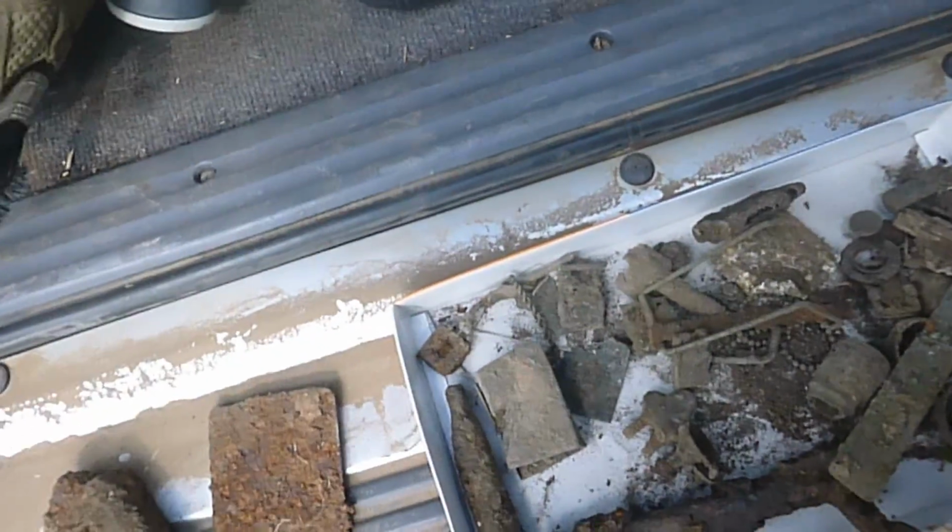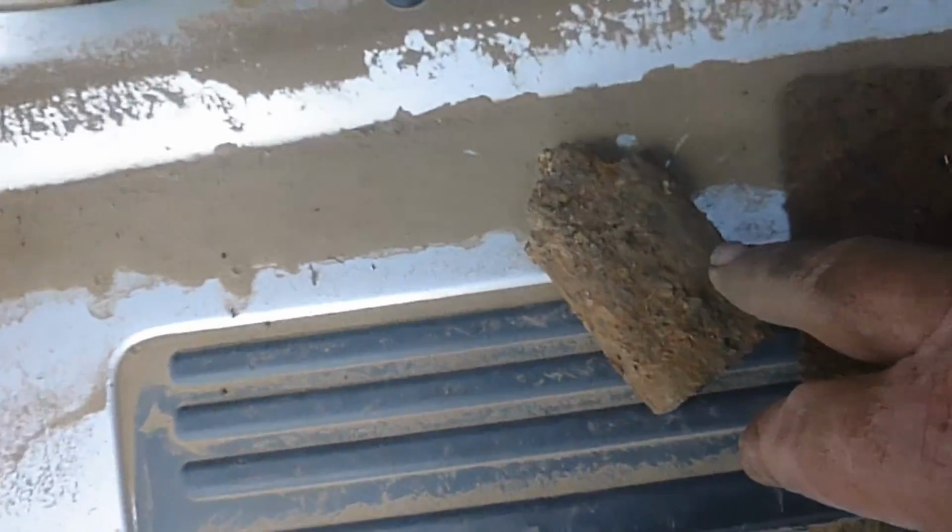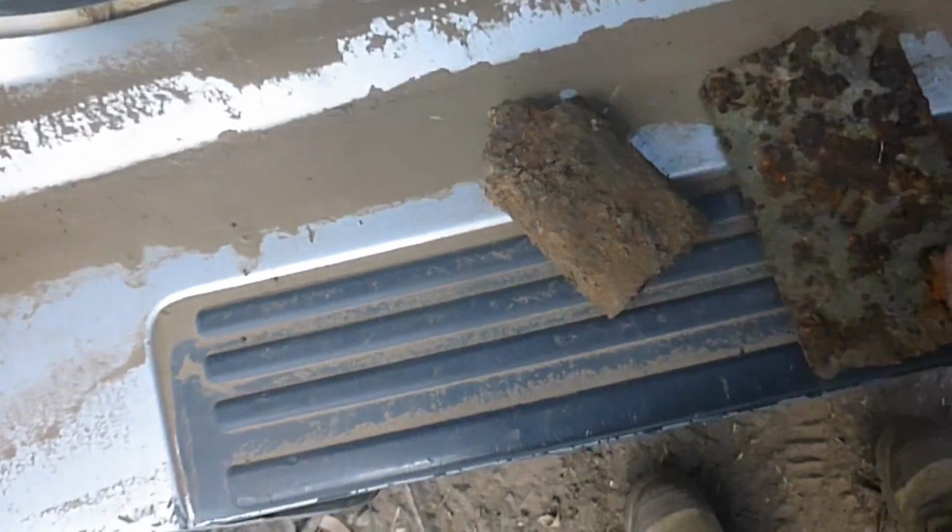Just a quick run over from the trash heap. We just closed it up. So yeah, we've got some interesting items. We've got Japanese oil bottles, we've got a soldier's mirror,